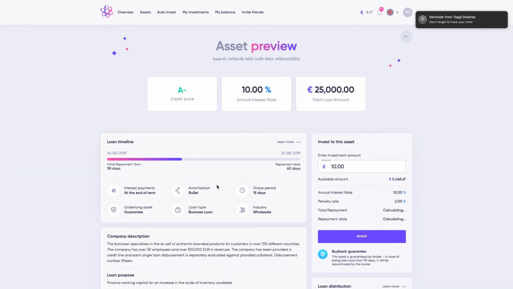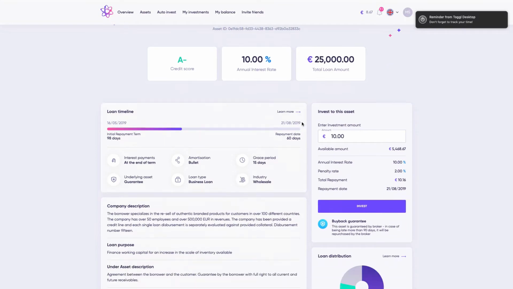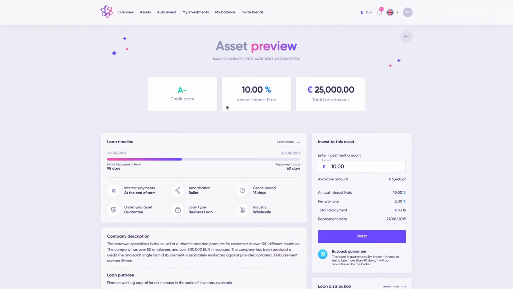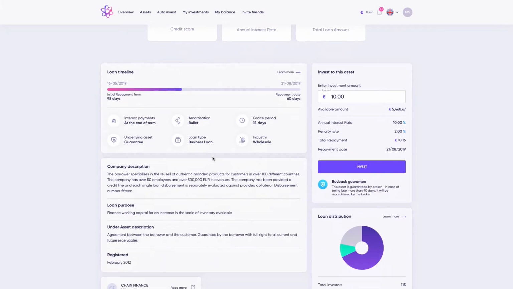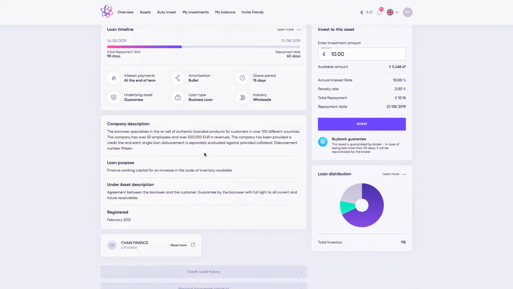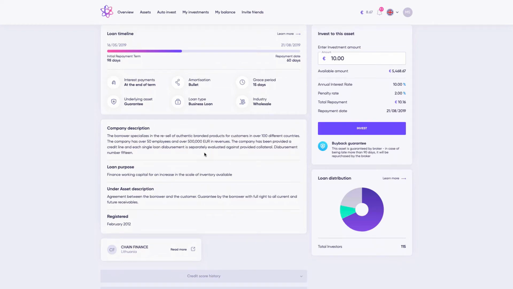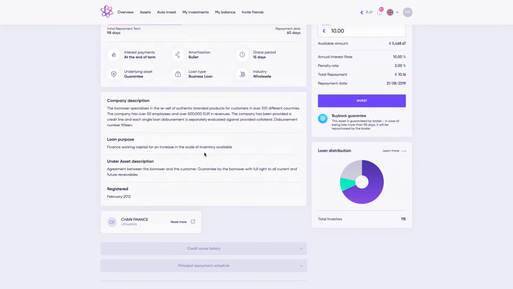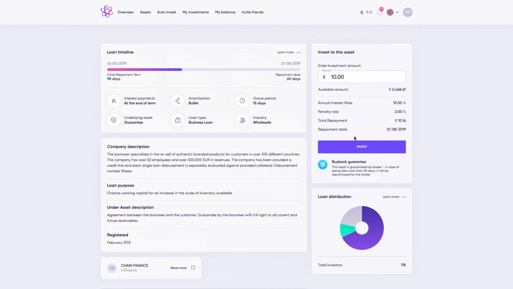And if you click on the loan, it will give you all the information about this loan. You can see the credit score of this person, the interest rate, the total amount. You can see that it's actually protected by the buyback guarantee, which industry it is, as it's a business loan here. So you can see a lot of details. If you click on each of those loans, you can also directly invest inside the loan.